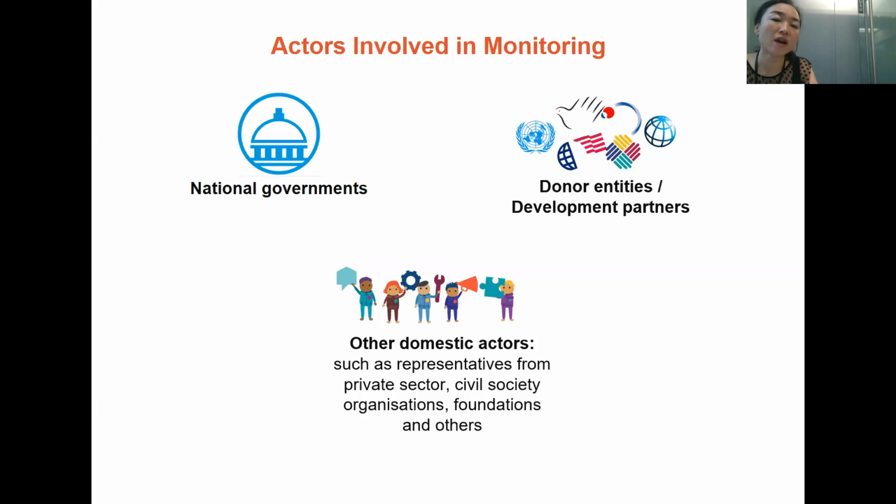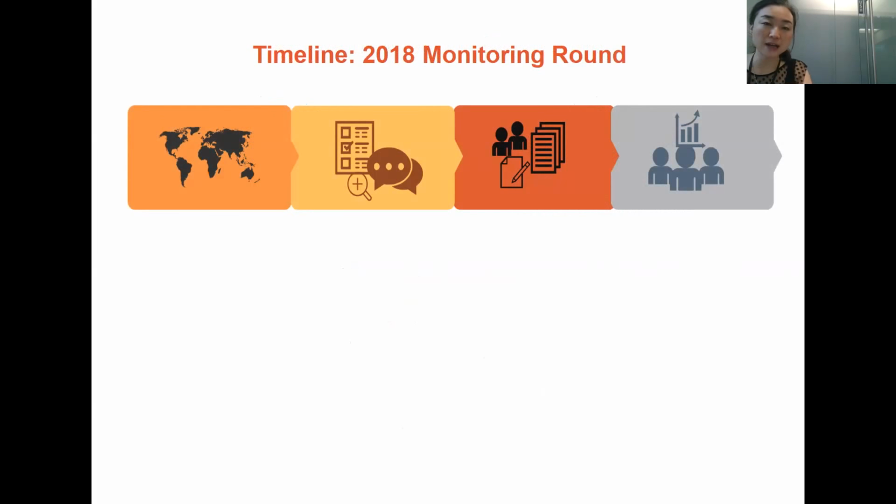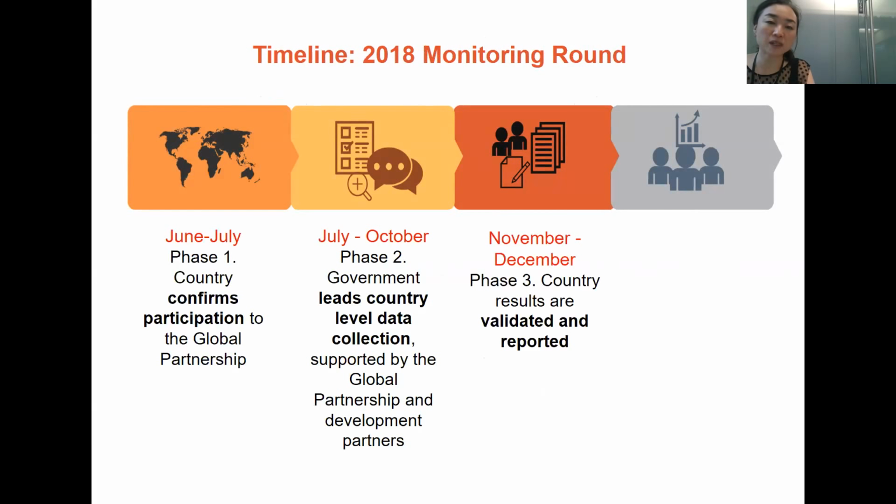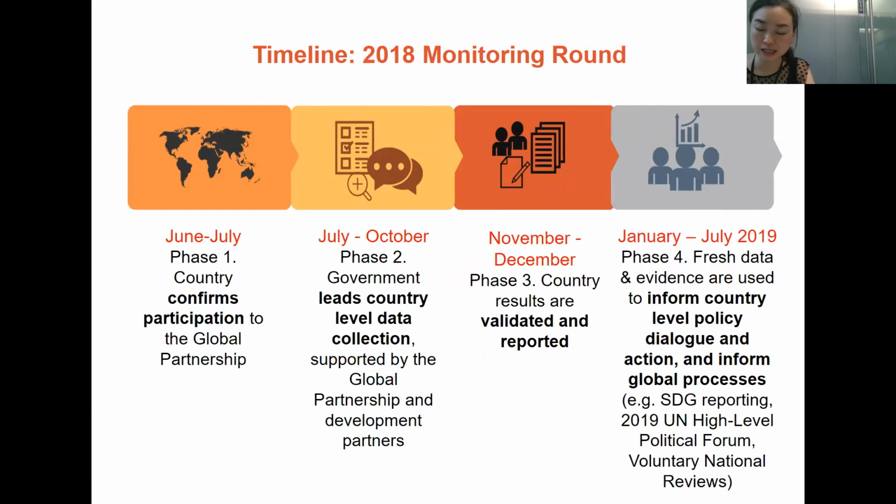And then also encouraging the national coordinators to liaise with the existing mechanisms that exist with the development partners, as well as civil society organizations and the private sector, to enhance their cooperation and engagement in the monitoring process of effective development cooperation. So I will go very quickly through the broader timeline, and Alejandro will then take over with the specific steps and the specific roles that we encourage or suggest, and also some of the tools and guides that might be available from the OECD-UNDP Joint Support Team.